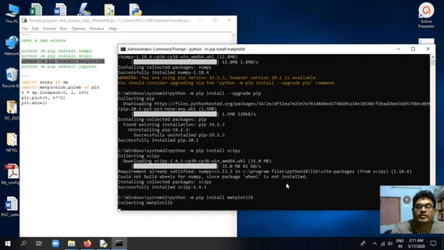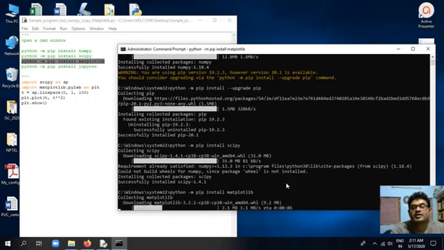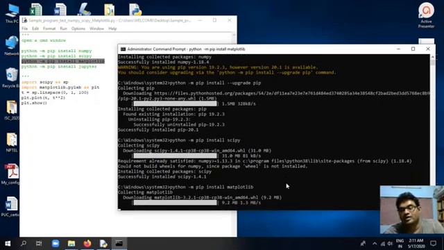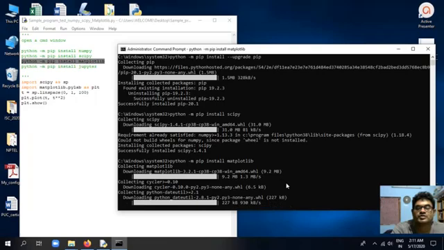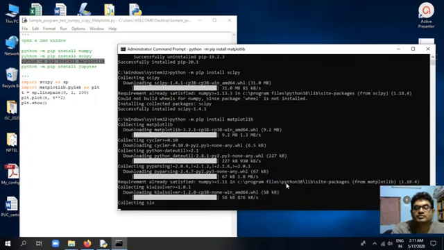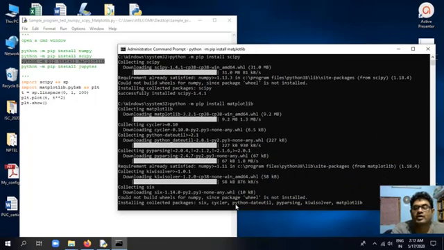See the beauty, everything is coming like in Linux. We know that by typing a command it can come, and the same thing is happening in Windows also. Now it is downloading the different packages associated with matplotlib.